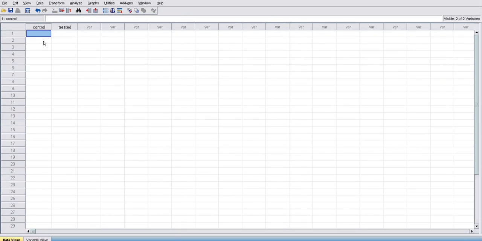After that you give the numbers 111, because the values are in triplicate. The remaining are 222. This one indicates control, the label we gave in variable view. One indicates control, two indicates positive control. So when the result comes as output, it will be named control, positive control.